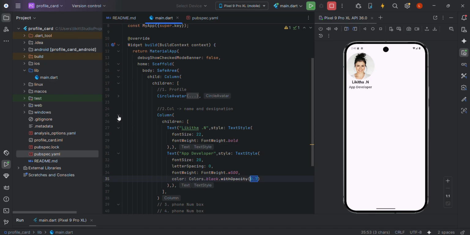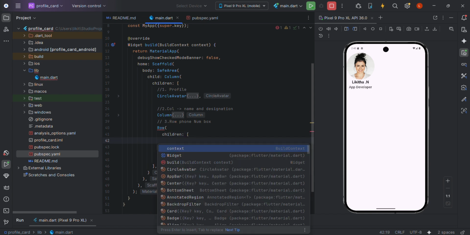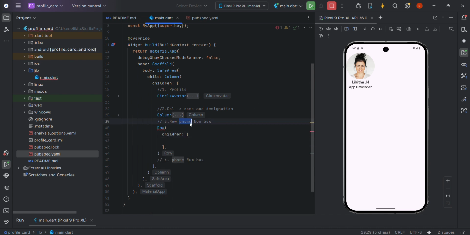So the next thing is, we are done with the second column. Third column is a simple box which takes a 2 element, which is nothing but a row. We have to create a row. So let's go below here. Let's create a row which takes children. The first thing is, we want a phone icon, then the text called a number. Done. So what we'll do, we'll create an